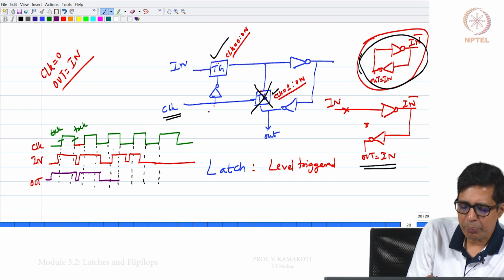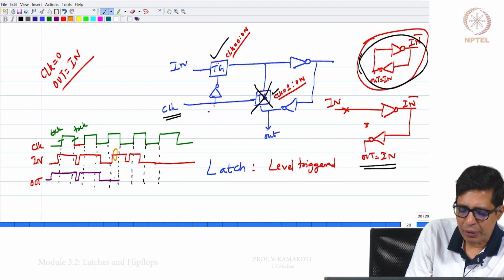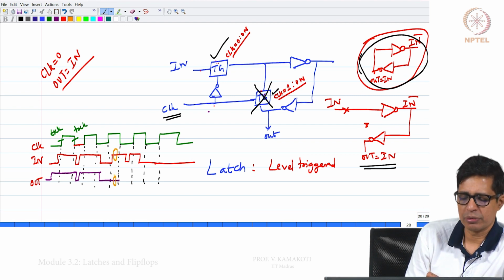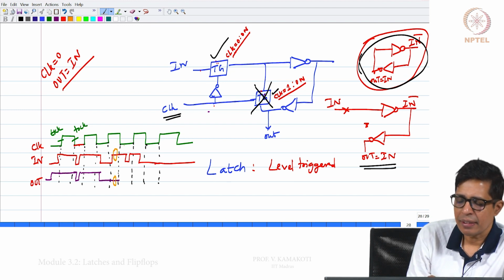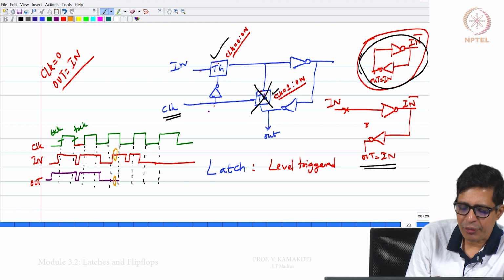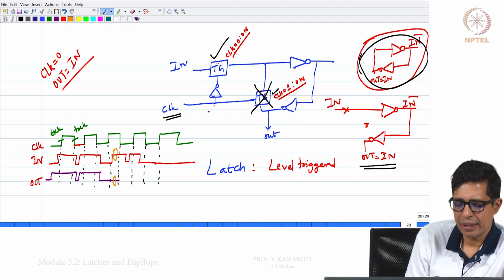Now, here please note that in is 1, but that will not be reflected on the out, because when clock is 1, the previous value will be retained, right.